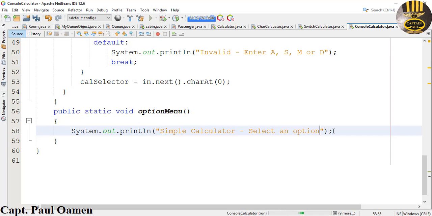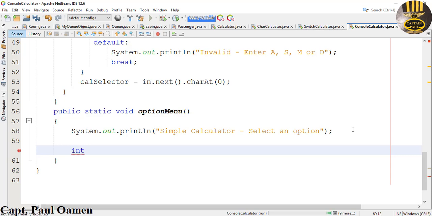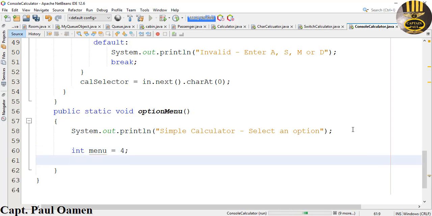Now I'm going to do one thing. Right underneath here, I'm going to create a variable that I will call select. No, let's call it menu. Menu, that will be 4. I've already initialized it as 4. Then come right down here. I'm going to create a string menu. So this one is going to be known as calculate menu, and inside calculate menu